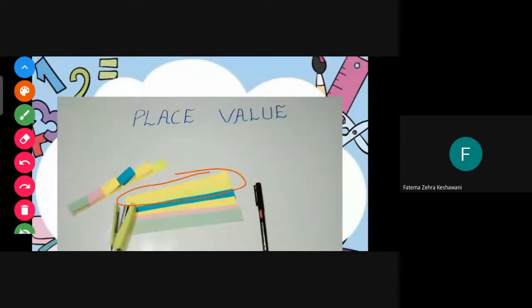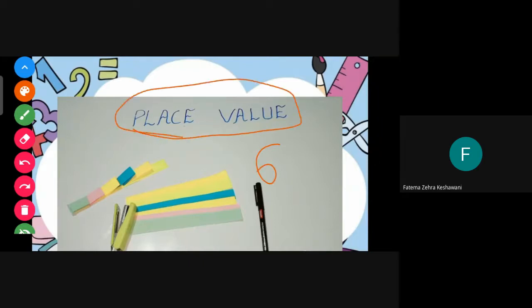But if you don't have this thin strip, then if you have any square or rectangular paper of any color, you can just cut it. If you don't have these strips, then whichever craft paper you have, cut it and make this kind of strips. And you must have 6 strips because we are making a 6-digit place value. This is the place value activity. And wherever you have doubt, please stop me and ask me the question. I'm just starting, but in between, if you have a doubt, you can ask me, excuse me ma'am, I have a doubt.